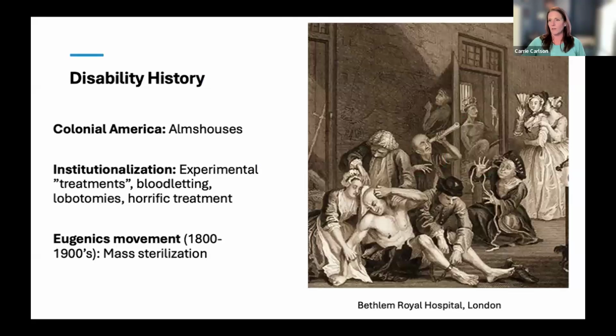And so we're going to go into disability history briefly. I'm not going to go over this a lot. I know there's some good disability history stuff in that resource guide. On the right-hand side of this slide is a black and white picture. This is the Bethlehem Royal Hospital, a psychiatric hospital in London. I think it's from the 1300s, right? This is a pretty well-known image.